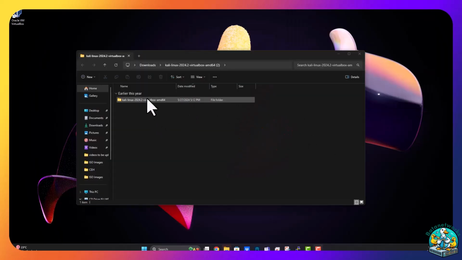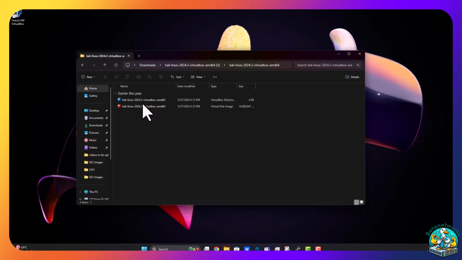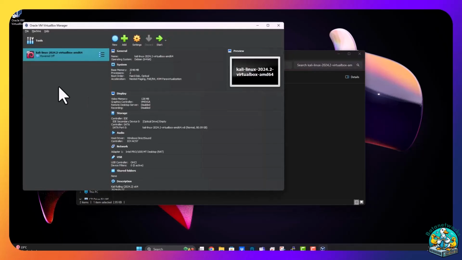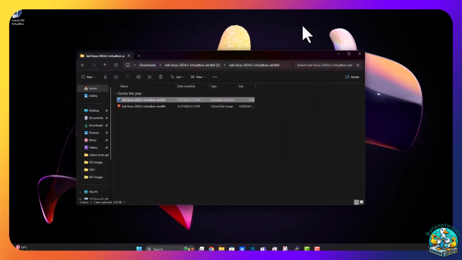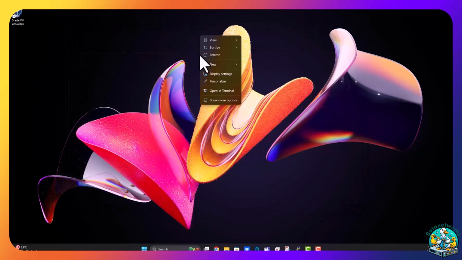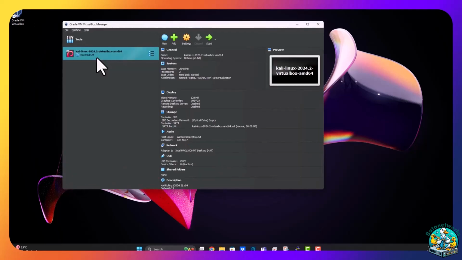Alright, so extracting was done. So what we gotta do is we open the VirtualBox machine. Okay, so we double click on that. Already opened in VirtualBox. We did not have to do anything inside the VirtualBox. So now we have Kali Linux here. Even if I shut it off, close the folder, refresh, open VirtualBox, Kali is already here. So we start the machine,